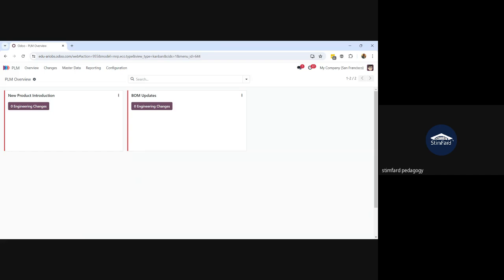So the PLM app is basically the abbreviation of PLM is product life cycle management. Mainly it is used for the BOM updates, the management of the versioning of the BOM in the engineering industries. The most likely is to be used because engineering industries maintains and keeps the versions of their BOMs, bill of materials. So as they change the components